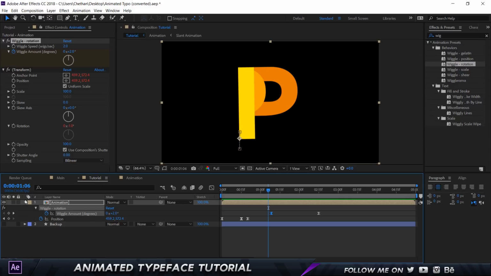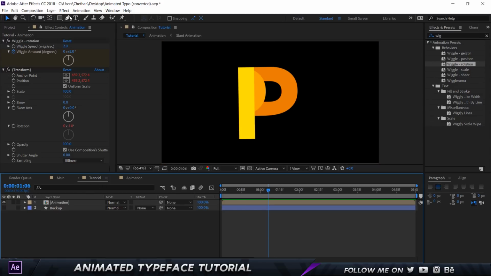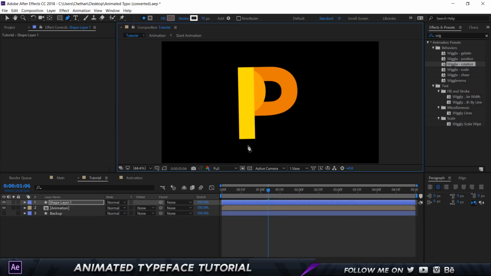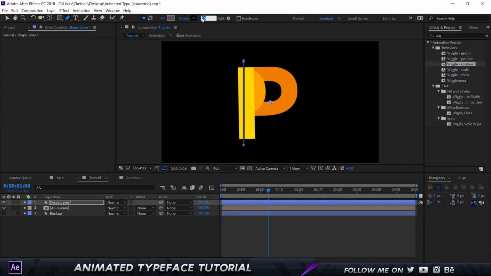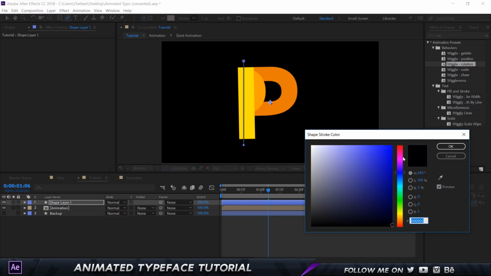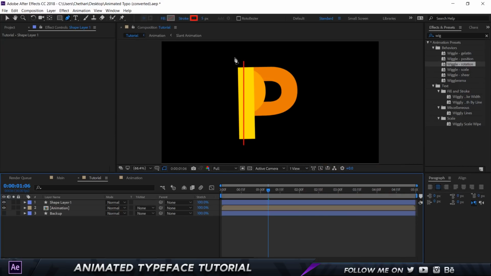We can go into our tutorial composition. Let's create a line with the pen tool, and then just create a line like so. Now this is 10 pixels. I'm going to set this to 5 for the size, and let's change the color of this to a red color, so we can see a good amount of contrast. And then what I'm going to do is call this